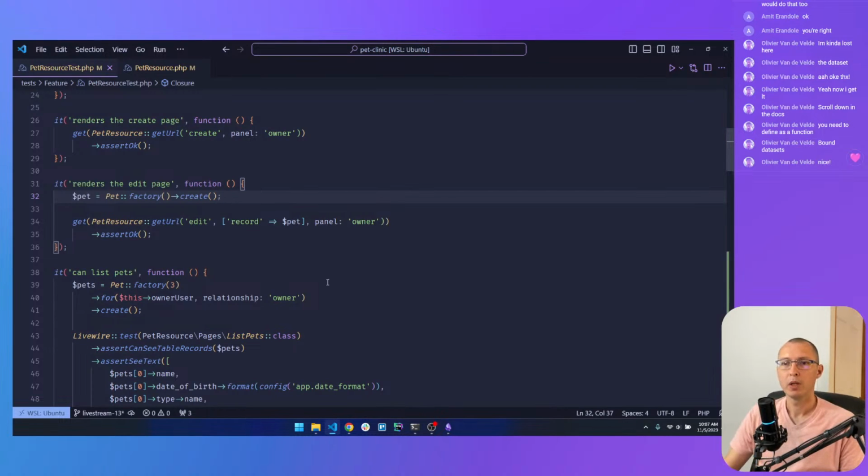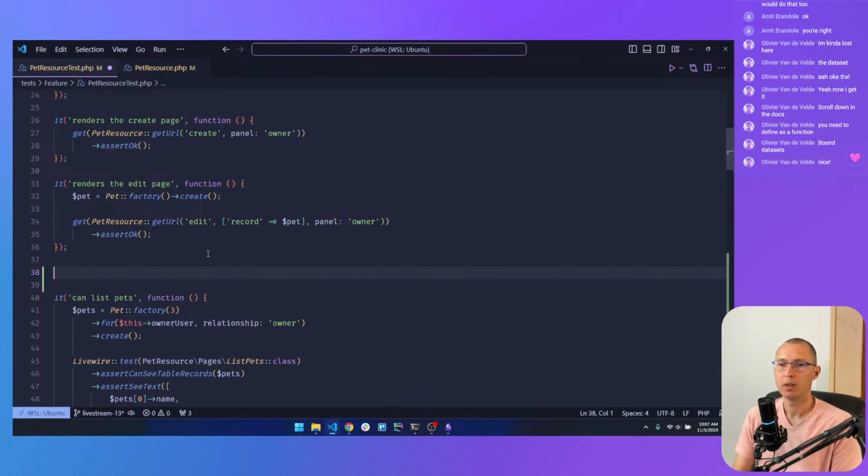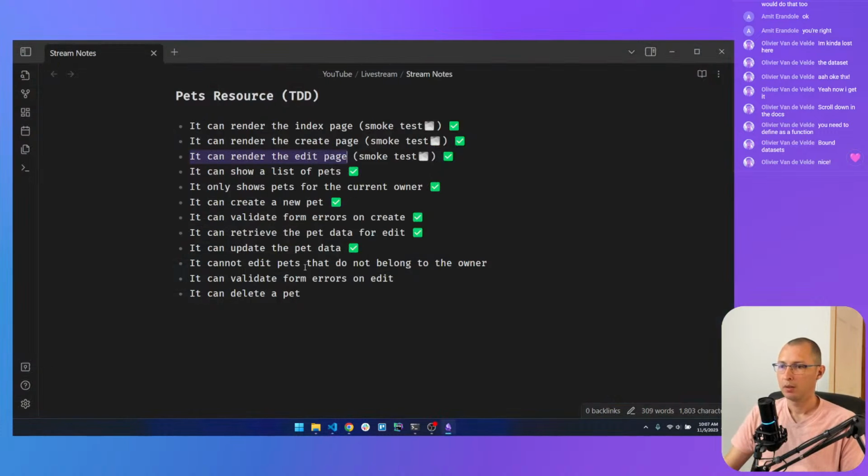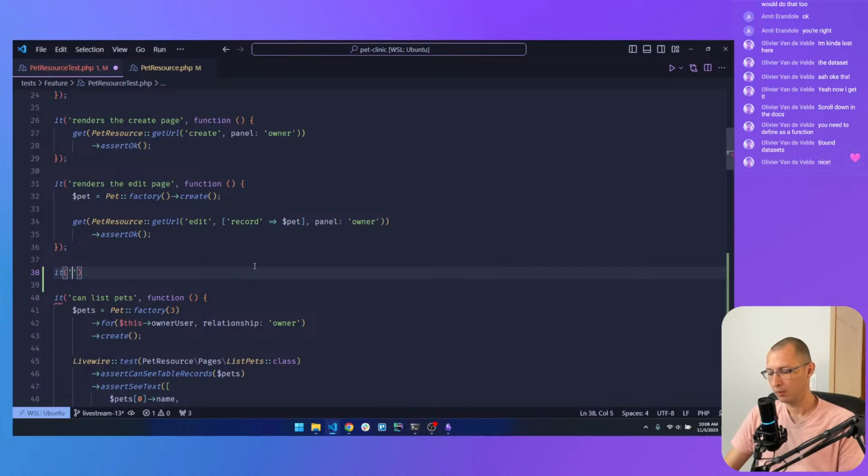So let's create another test, and we can make it up here. In fact, it should be a kind of smoke test. Cannot edit pets that do not belong to the owner.